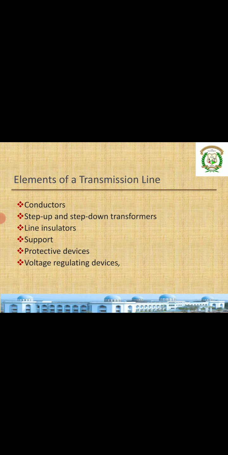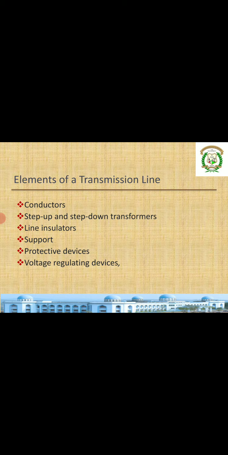Coming to the line insulators, they mechanically give proper support to the line conductor, and they also isolate it electrically from the ground. There are two things in these insulators. One is that they give mechanical support to the conductor, and at the same time they act as insulation from the ground. Earth is also a conductor. If a line comes in contact with the earth, it gets shorted or earthed, and then the total power flows through the ground. That's what the insulators on the line prevent, keeping your conductors from coming into contact with the earth. So insulators act as both support and insulation.